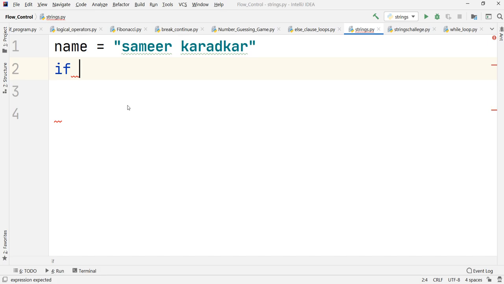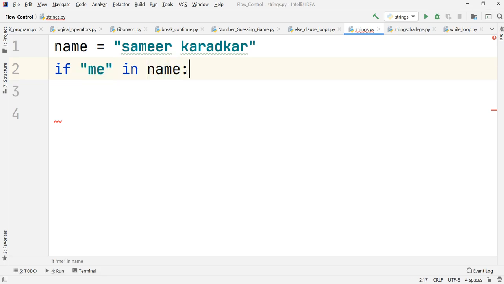I have just set up one condition: if "me" in. We have seen this membership test operator in, and we just have to specify the name of the string in which we want to check. So the condition that I've set is checking if this part is present in this string.